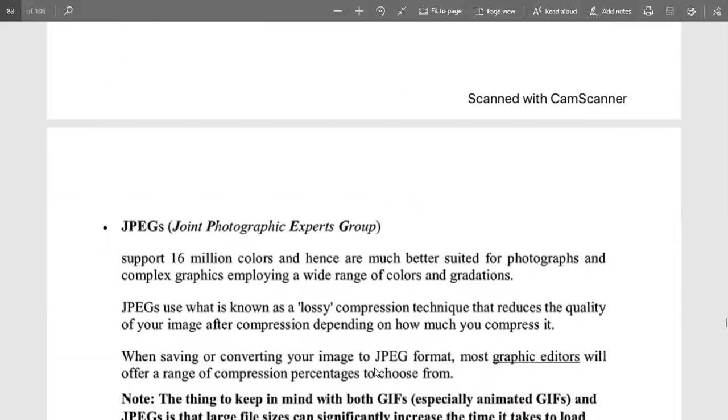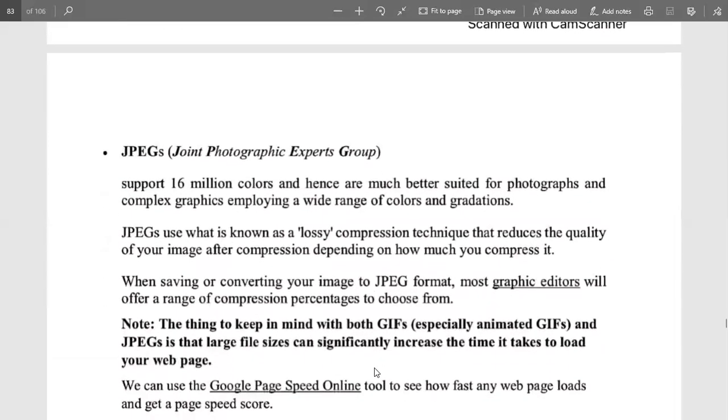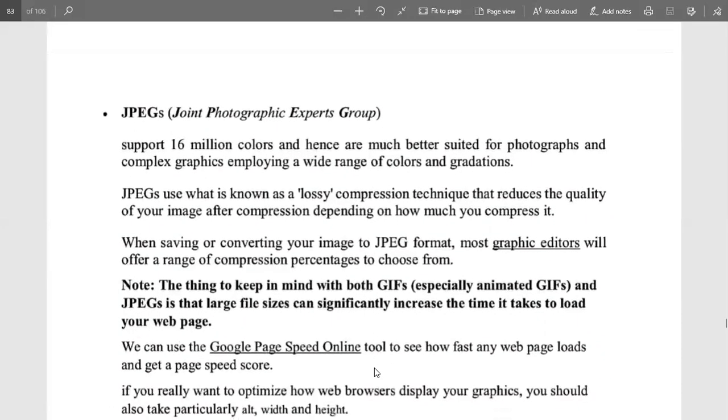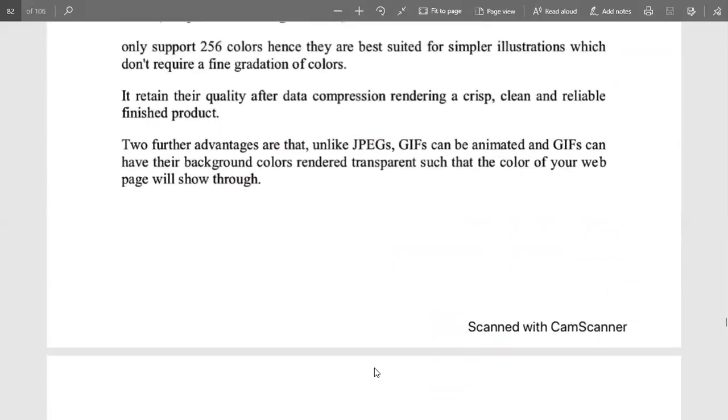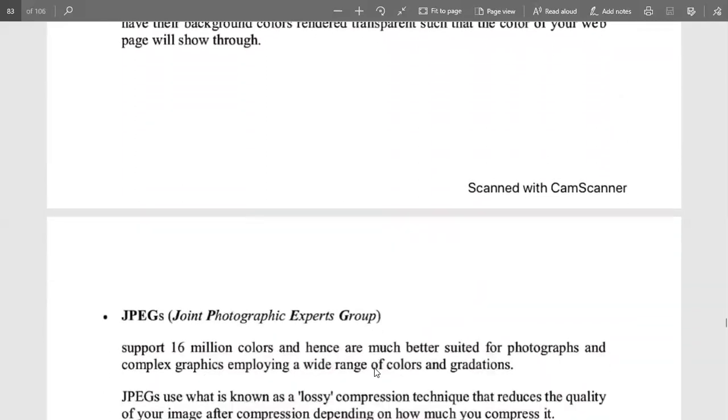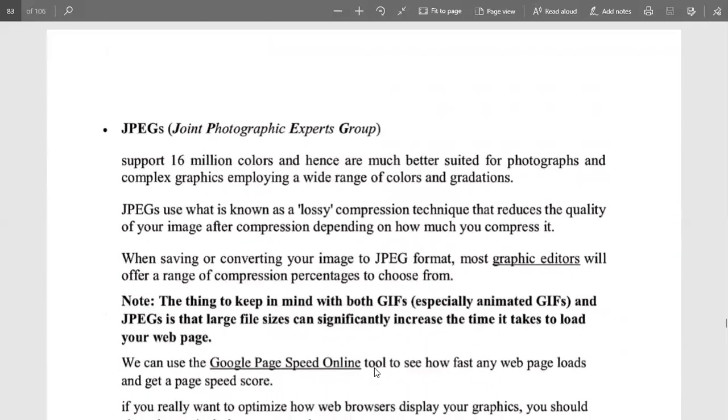But JPEG means Joint Photographic Experts Group. This is the best format to use for graphics, and it supports 16 million colors. In GIF you can see 256 colors are supported, but in JPEG 16 million colors are supported. It is much better suited from a photography point of view, for complex graphics, because it has a wide range of colors as well as gradation.